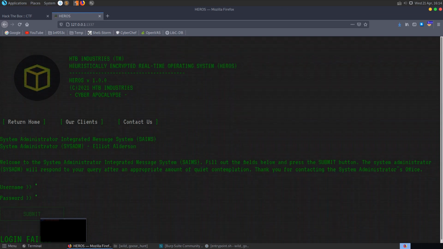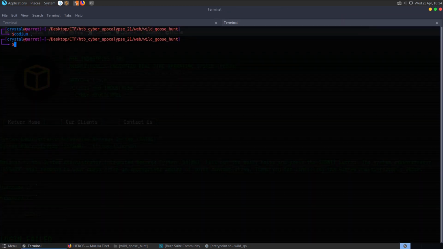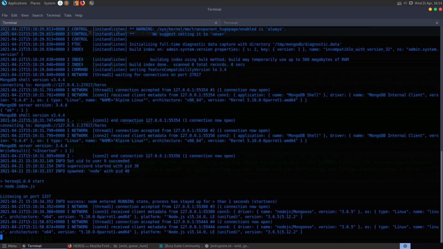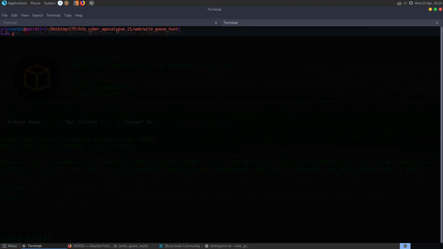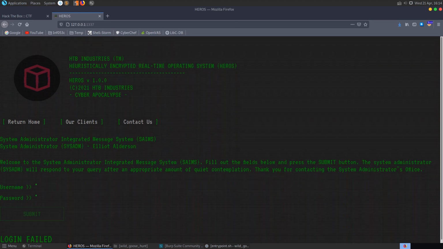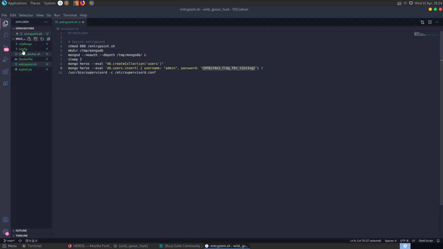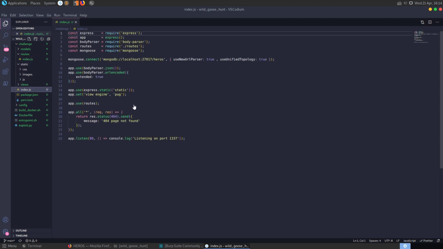And obviously we're going to want to go and have a look at some cheat sheets, SQL injection cheat sheets. Maybe check out PortSwigger. I don't know how much stuff they've got around MongoDB, but let's go back to the source code here anyway. So we might want to go in here and have a look to see if there's anything that we're missing. If we go in and have a look at index.js here,